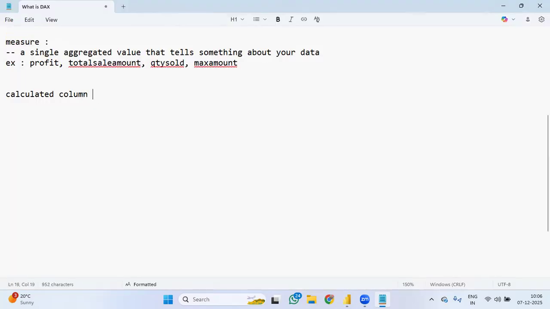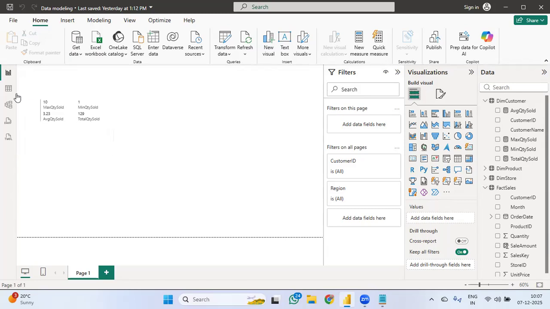So when we talk about calculated column, it is a column created from an existing column. It's a column created from an existing column. So in real-time scenarios, we don't get the full data. We have to create our own columns. In those cases, calculated columns are very helpful because, when we go to the data model,